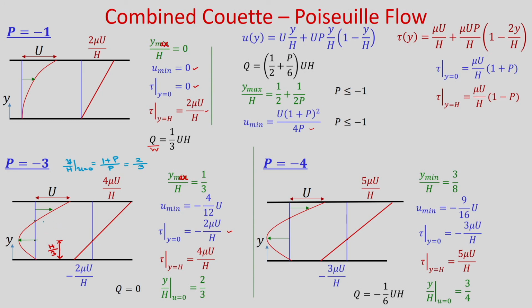So, that means this location where u is becoming 0, because the velocity is changing from a positive value to a negative value. So, you will get this as 2 by 3 h. At this location velocity is becoming 0, and if you find the volume flow rate per unit width, from here you can see p is equal to minus 3, then the volume flow rate will become 0. So, you can see volume flow rate q by w is equal to 0.